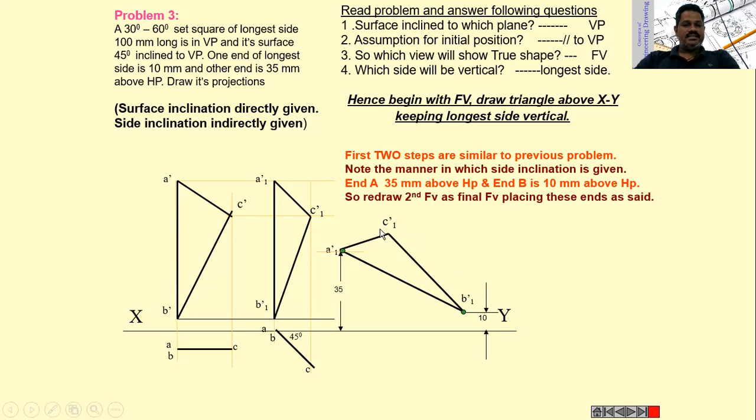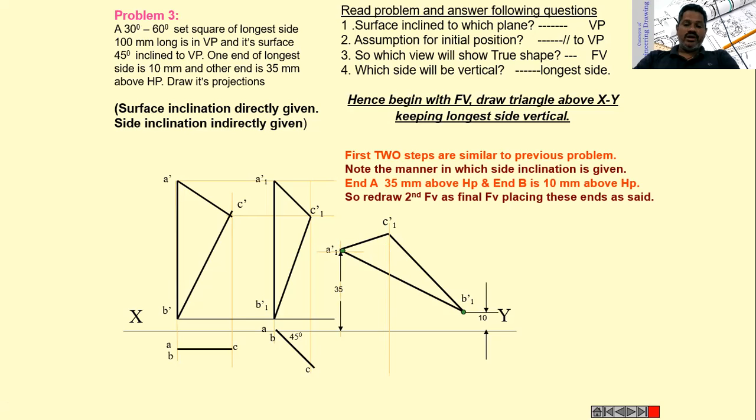Draw an arc here with A1 dash C1 dash as radius, and A1 dash as center, intersecting the previous arc. Then you will get the C1 dash. Then join these 3 points to get the top view when the set square is,